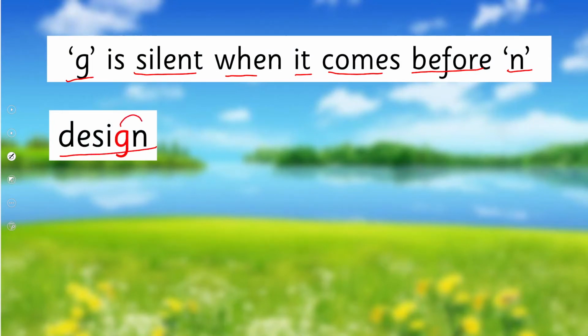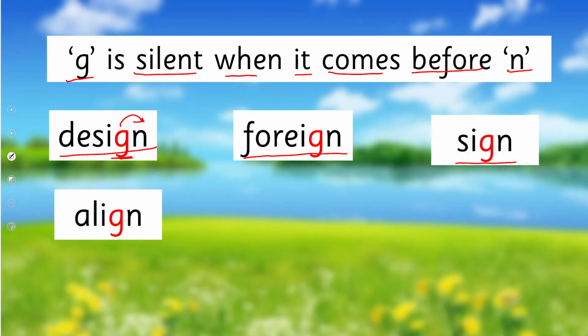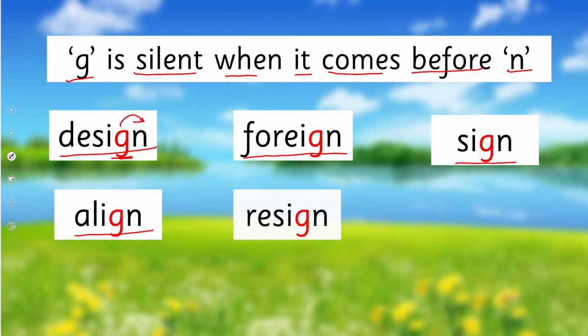Now, after G, N is there, so we don't pronounce this G. This is silent. Design, sign, align, resign, assign,